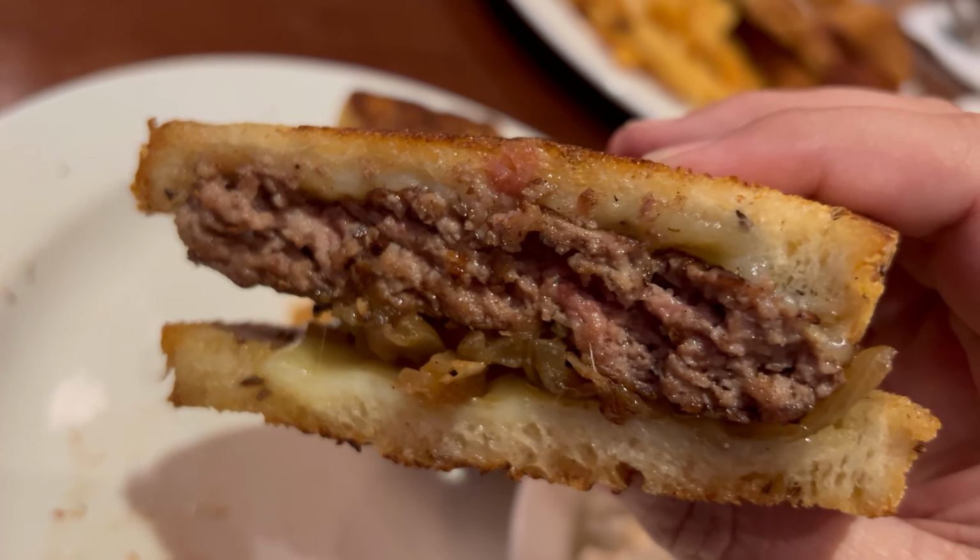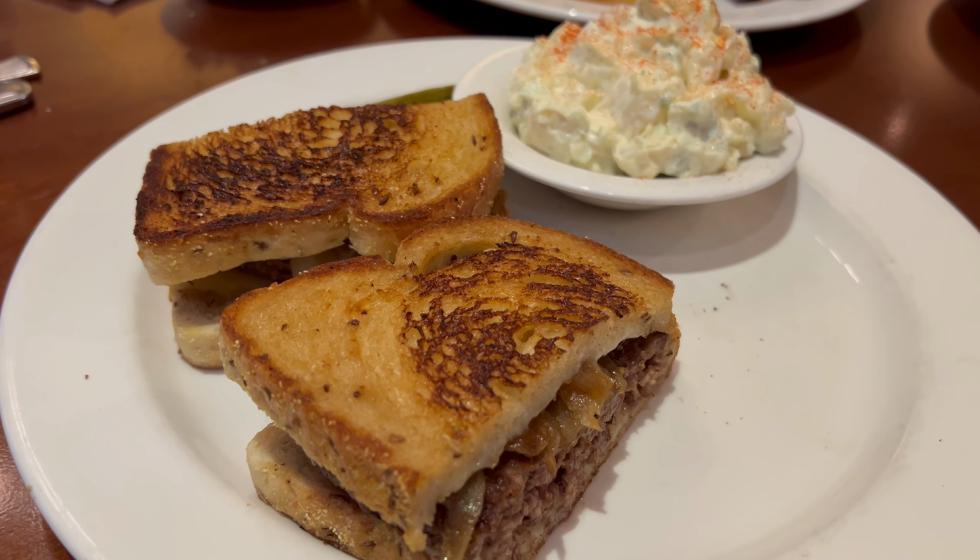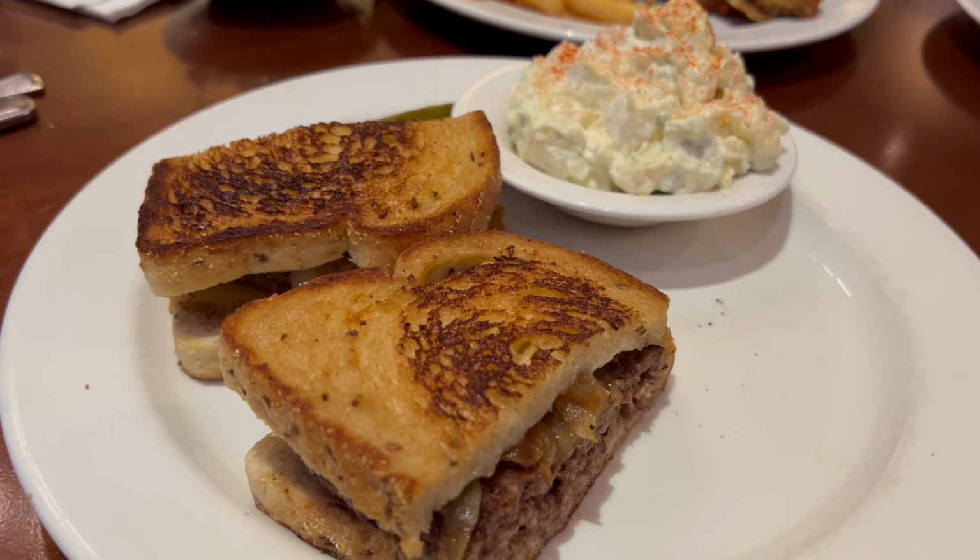Alrighty, first up, we're going in on the patty melt. Really good looking patty melt here. Looks like a medium well-cooked burger. Let's give it a try. Oh yeah, not bad. A nice rye bread here, a mild nutty flavor, maybe a little bit more malty than